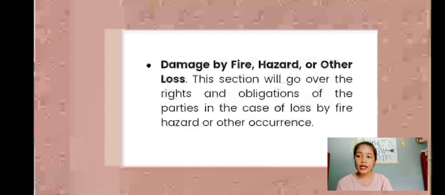The next is damage by fire, hazard, or other loss. This section will go over the rights and obligations of the parties in the case of loss by fire, hazard, or other occurrence. So, kani siya diri kay